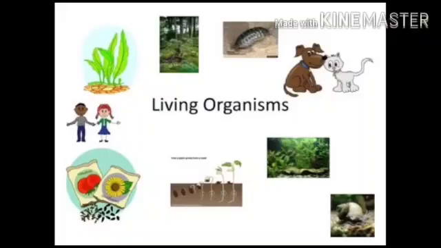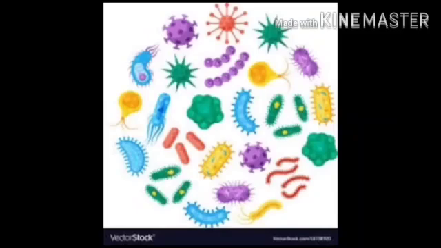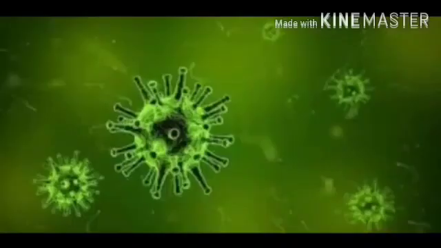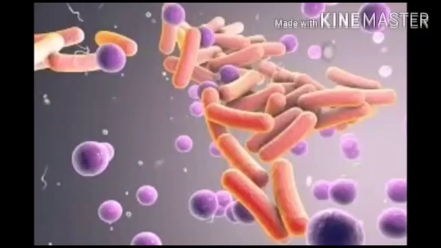What is meant by an organism? Living creatures are called an organism, isn't it? Do you think you can see all the organisms in this picture? No, you can't. Organisms that are visible under a microscope are called microorganisms. Many living organisms such as plants, animals, birds and humans are large enough to be seen with the naked eye. On the other hand, some living organisms are so small that you can't see them with your naked eye. Such living things are called microscopic organisms or microorganisms.